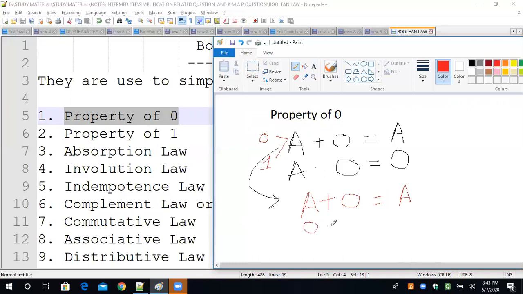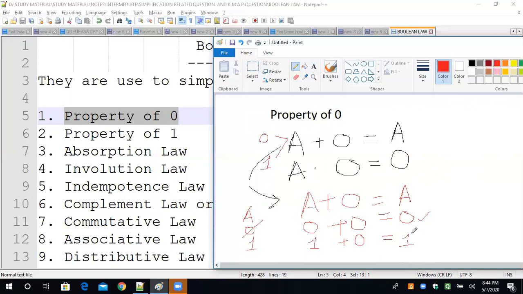No problem. So 0 plus 0, I have taken a as 0. Understand? So 0 plus 0 is of course 0, I am getting. Whatever value I take, suppose I have taken a as 0, I am getting 0 in the output. Now I am taking another value, 1. So here I am placing 1 and adding it with 0. Now you can see that 1 plus 0 is 1. So this time I have taken the value of a as 1 and I am getting the output 1.